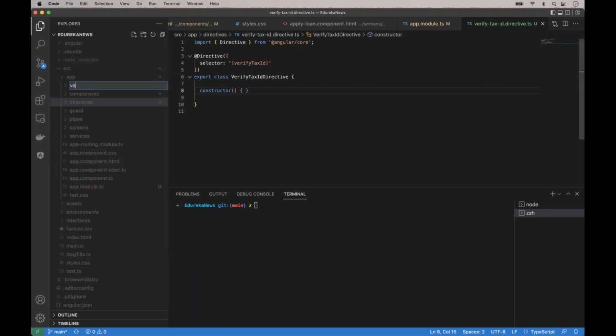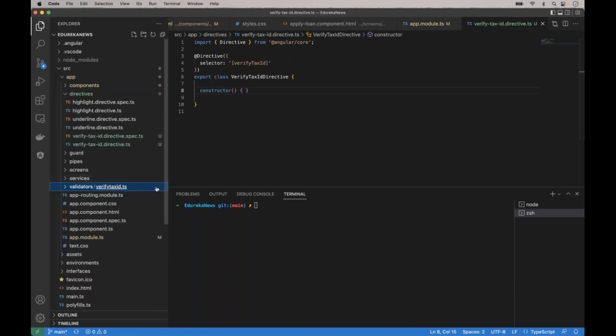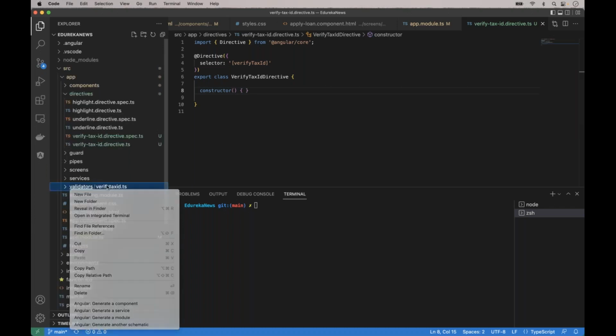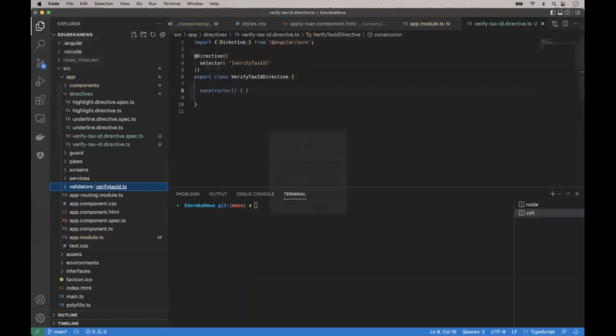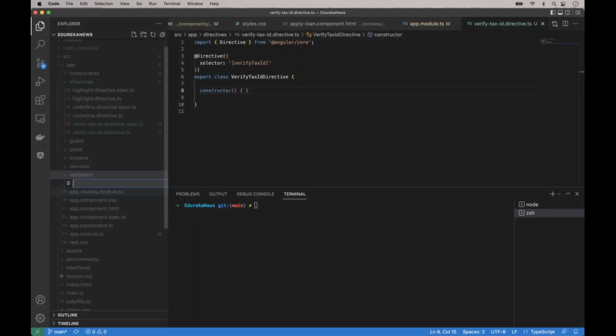So we'll call it a validators folder. In the validators folder, I will create a new file and call it verify tax ID.ts. This will be a file which will have the validation method to verify the tax ID,